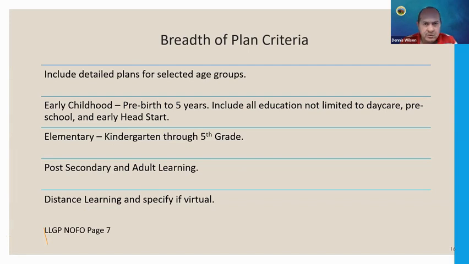Breadth of plan criteria. So after you identify your different model you're going to be working off of, this is where you're going to start developing different areas of those age groups. Some start in the womb, all the way to distance learning, remote. It's completely up to you. There's not going to be one size fits all. There's going to be everything from access to technological issues to cultural taboos. So do answer those breadth of criteria sections that are in the NOFO, because those have been identified throughout the